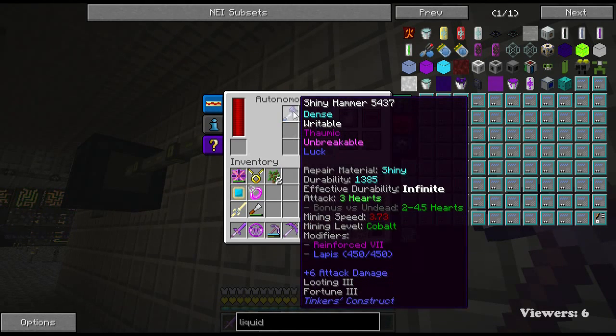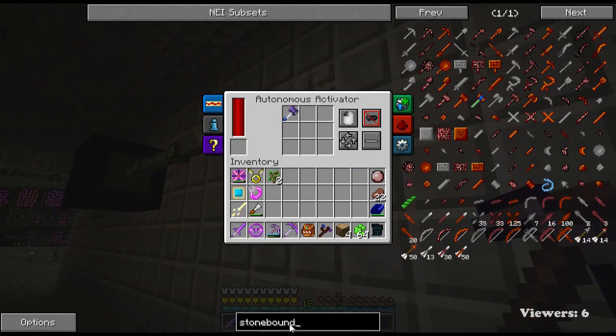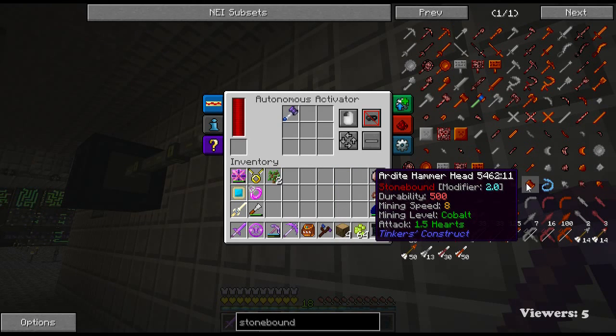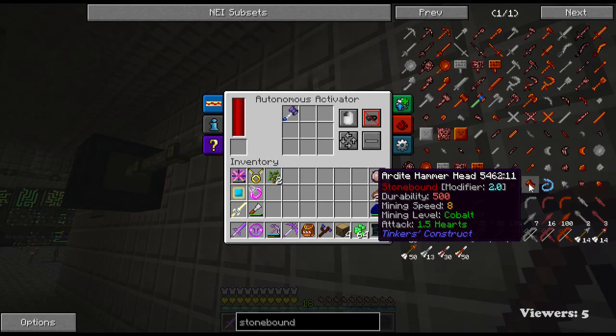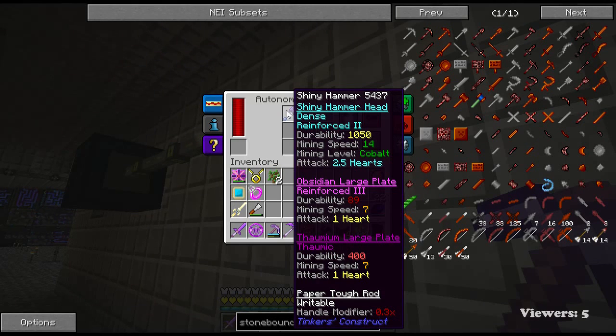Now to think about it, I wonder if we could have done that a little bit better. Instead of shiny, what if, let's see, what is it, stone bound? Let's see here. I think Ardite's the best one. It's got mining speed of 8. Could we have done that differently? Like, what if we had... Nope. I was thinking, you know, if we had done it with stonebound and then lowered the durability, like literally down to 1, and then applied the last large plate to make it...